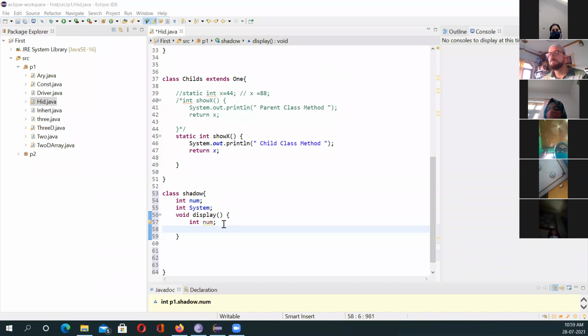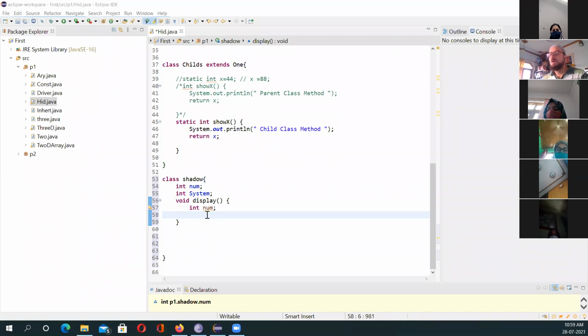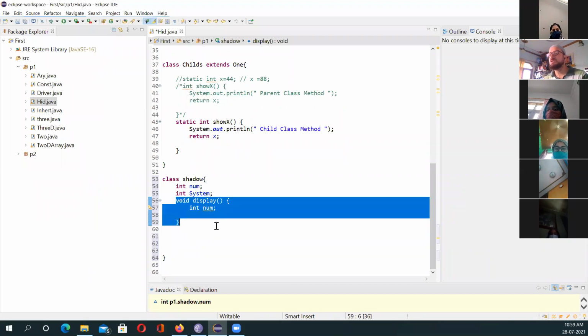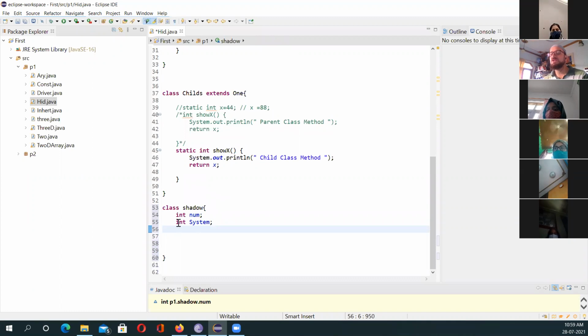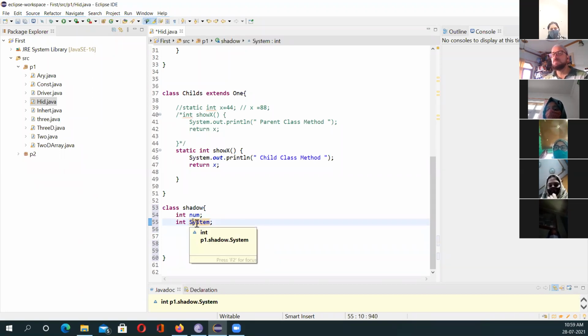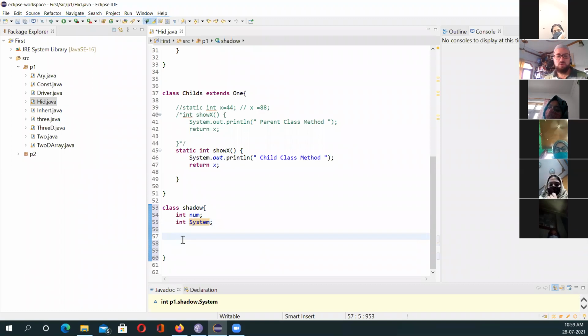Now what is obscuring? We got shadowing, now let's see obscuring. Say I create an integer variable named system. Firstly, the s should be small, as a variable name should be small. But I know System is a class. That means I have created a variable with the same name as a class that exists. Now if I write system